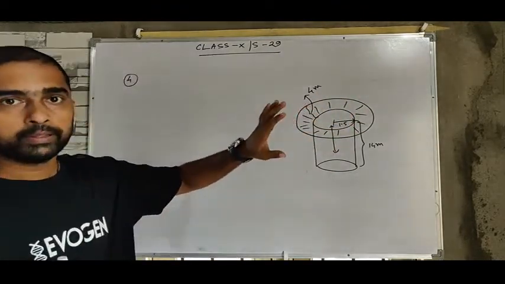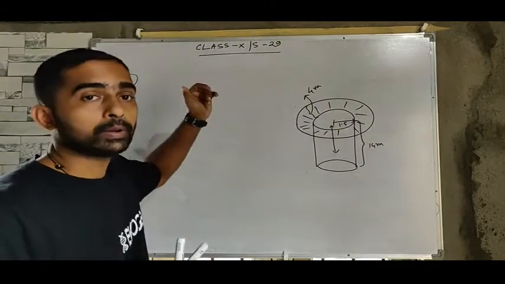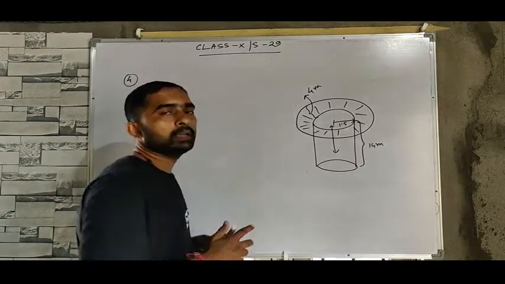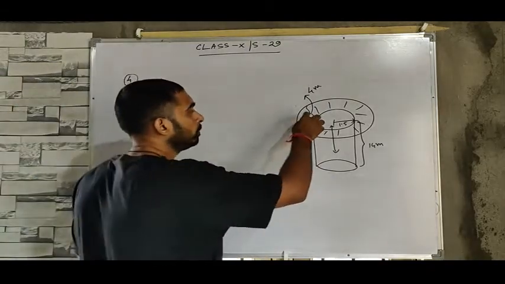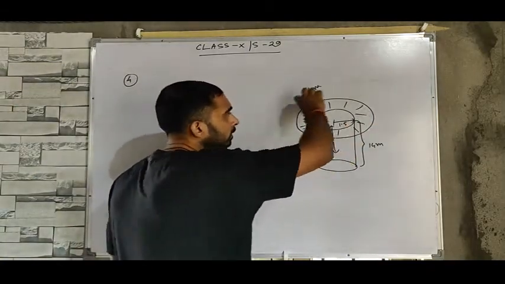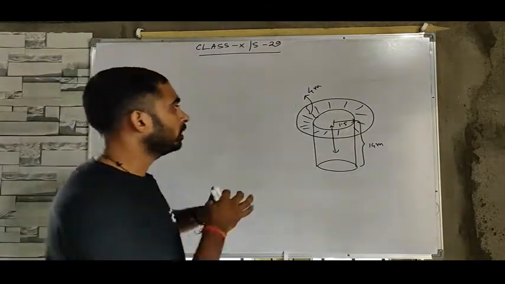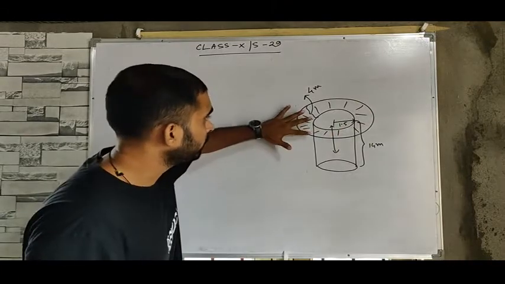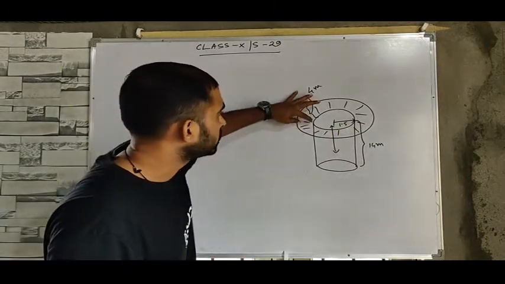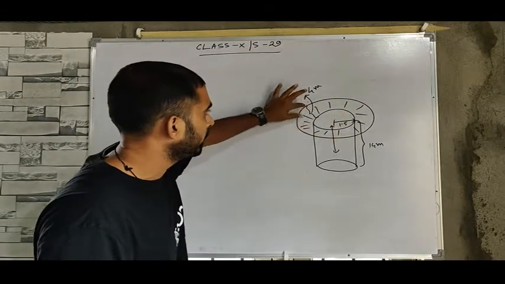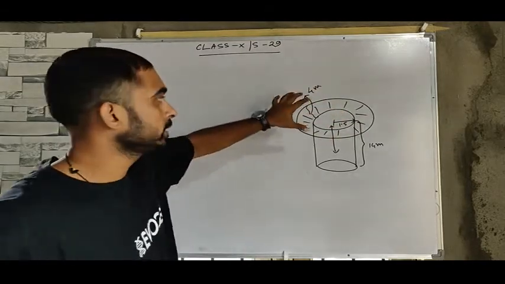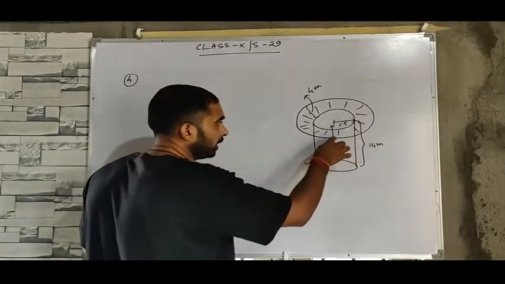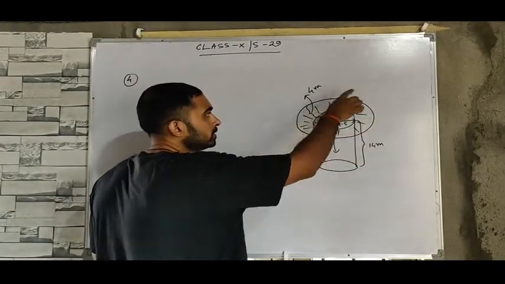So if the soil that comes out from the well is spread over this portion, then what is the height of the embankment? This question is similar to the previous one, but in the previous one the soil was put as a platform on one side of the well, but here we make the embankment around the well. So only the height of this portion will be increased. Now it is a plain surface. If you put the soil over this portion on the embankment, then it forms a height. That means it looks like a three-dimensional figure. This is the shape of the embankment. It looks like a circular shape.